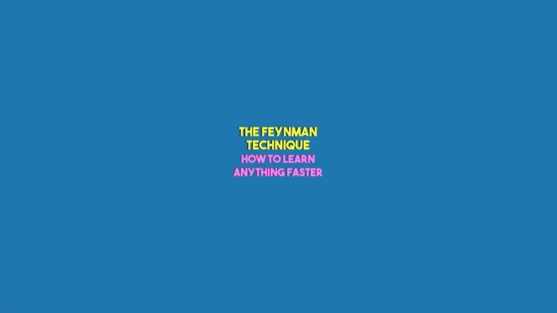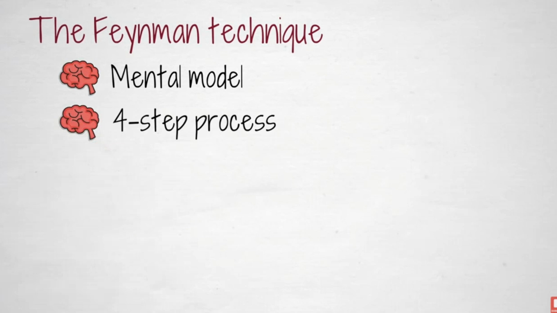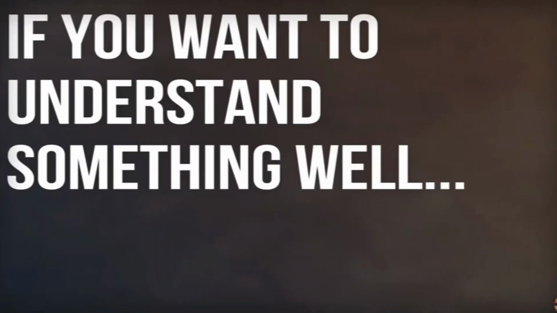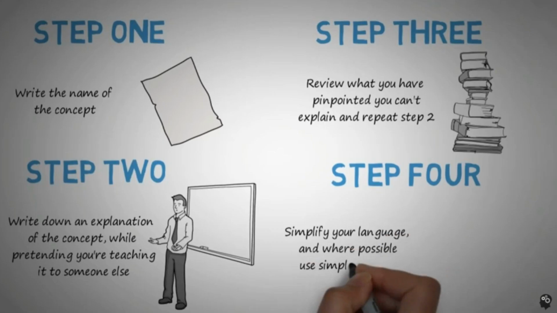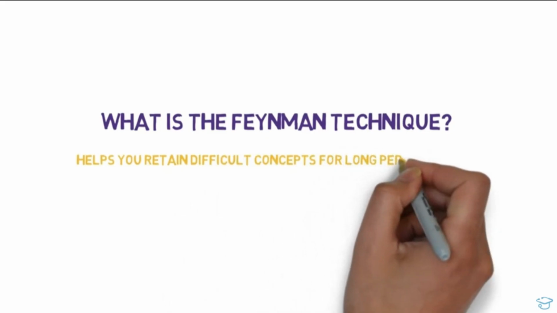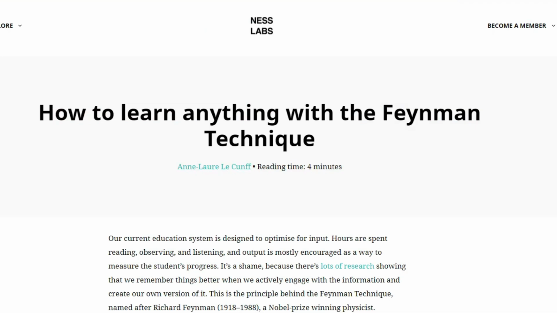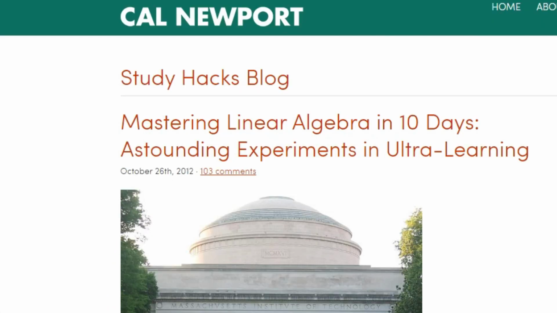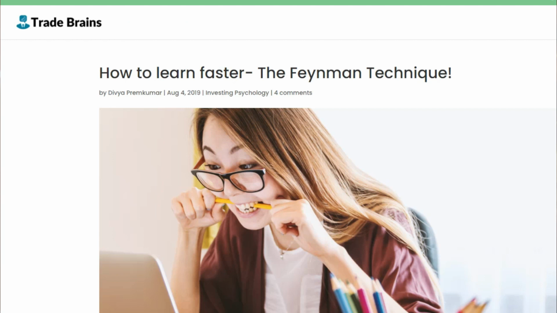The Feynman technique is an extremely popular technique. It's been shared all over YouTube. Loads of creators, individual creators, team creators, lots of educational creators are talking about it. But when you look at the references, so look into the description for the references for where the Feynman technique came from, or to look at some of the science behind it, there are very, very few references, and the references I could find, I went to the articles, and the articles kind of just reference the videos, or they reference other articles that are also referenced in the videos, and there's just a big circle.